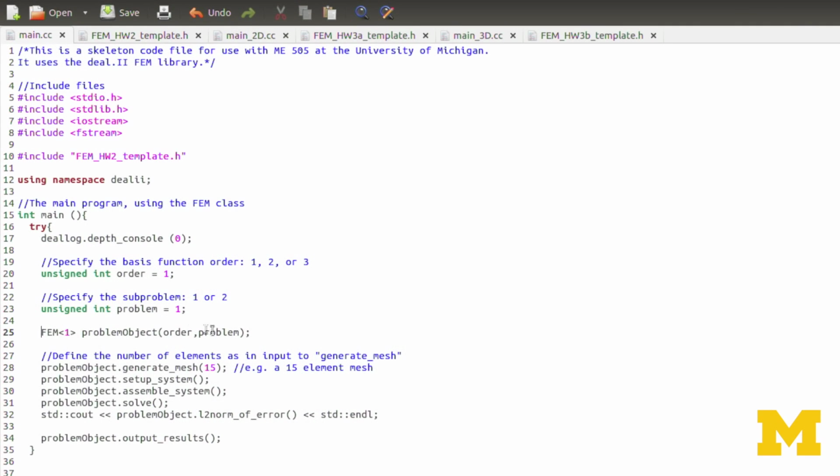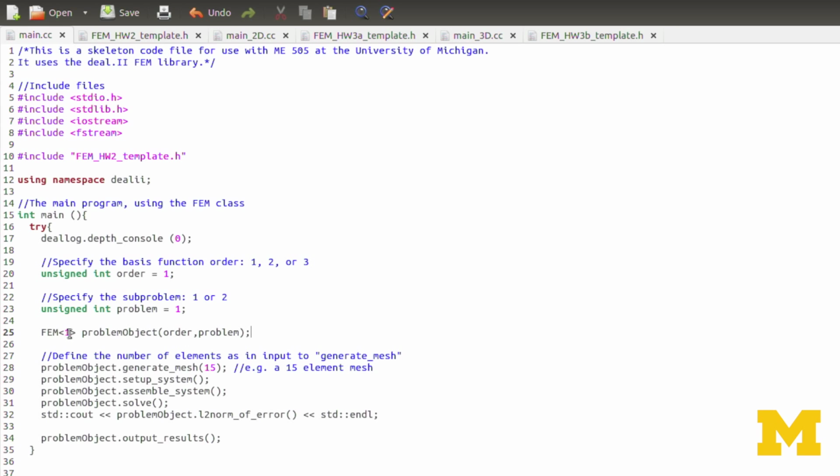Here on line 25 is where we actually declare our object. The name of the class is FEM. It's a templated class, and all I'm going to explain about that is that there's a template parameter that the functions and data objects are based off of. In this case, it's the dimension.